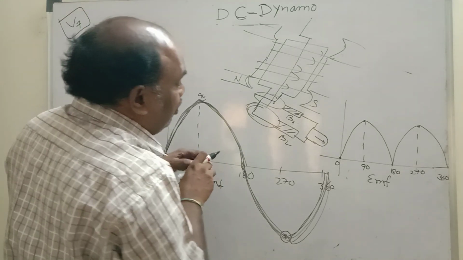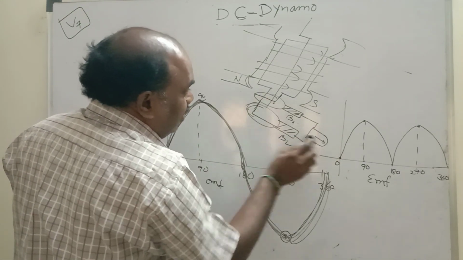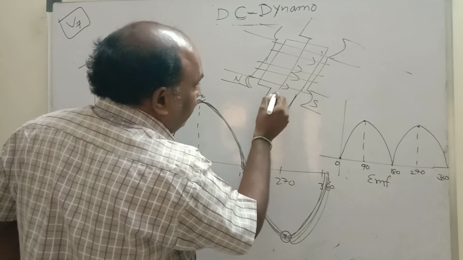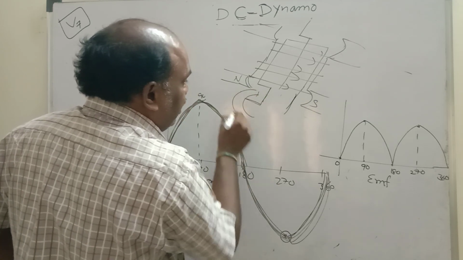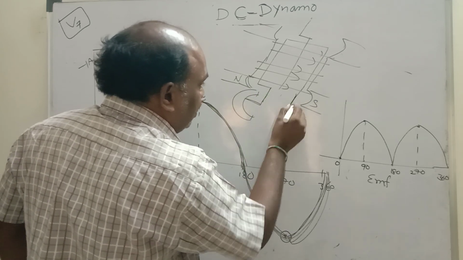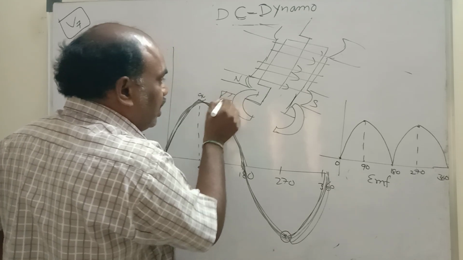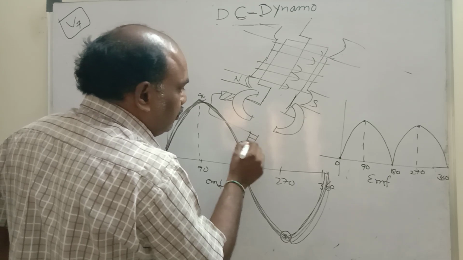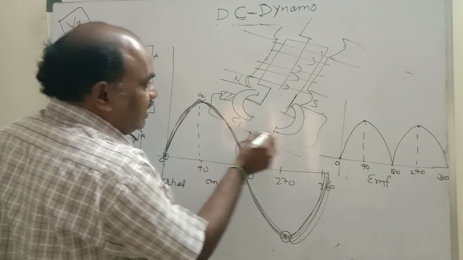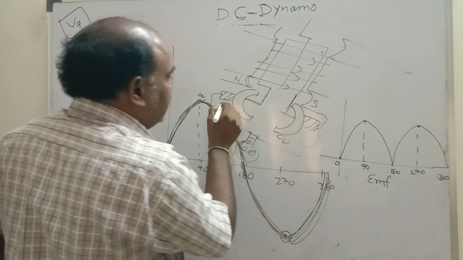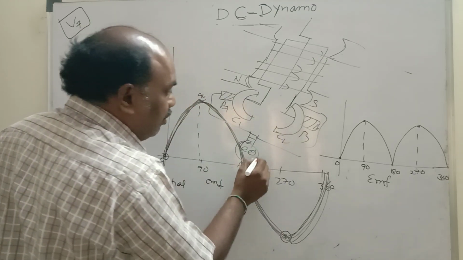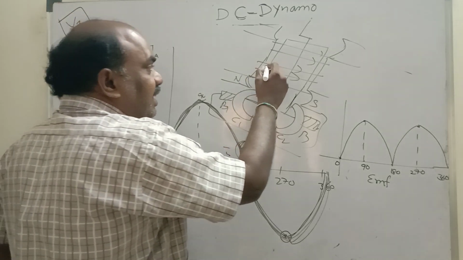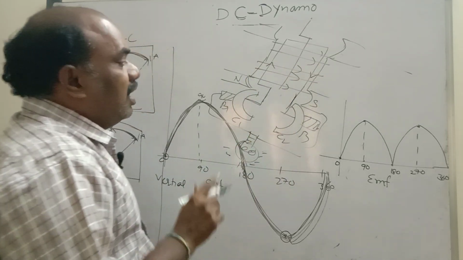That means we have to do a small alteration here. Instead of slip rings, we have to use commutators here. Only one direction the current should come. This is commutator 1. This is commutator 2. These two commutators are connected to carbon brushes. This carbon brush is connected to a bulb. So this is C1, C2. This is B1, B2. Bulb glows. All the time current is going in this direction, leaves from this direction.